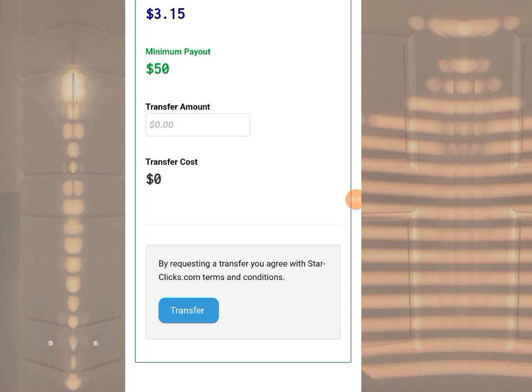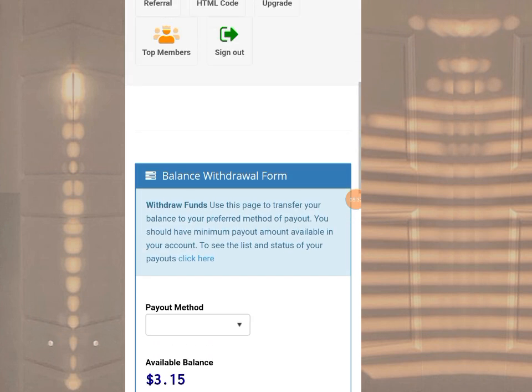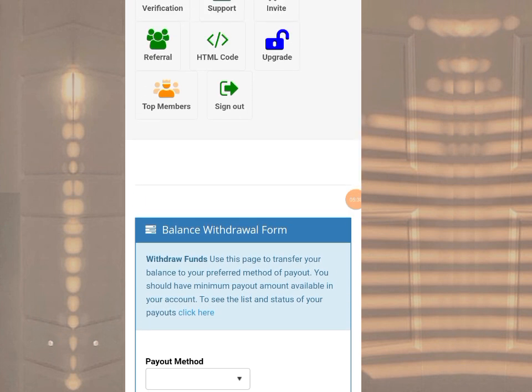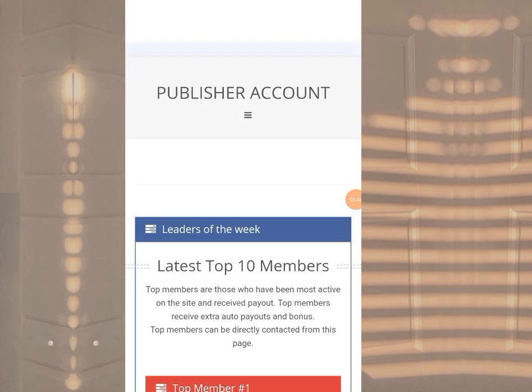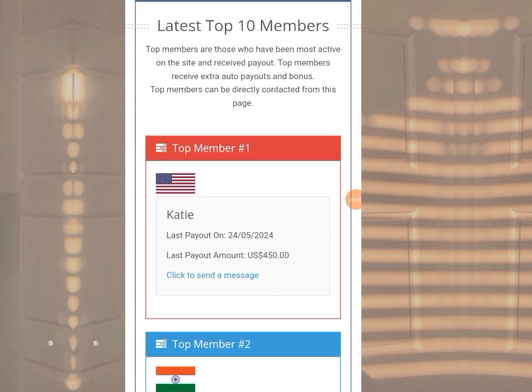to your bank account. So guys, let's see the people that are making use of this website before us. All you just have to do is click on the top members icon on this place. Let's click on the top member icon. You click on it and you scroll downward again. As you can see,